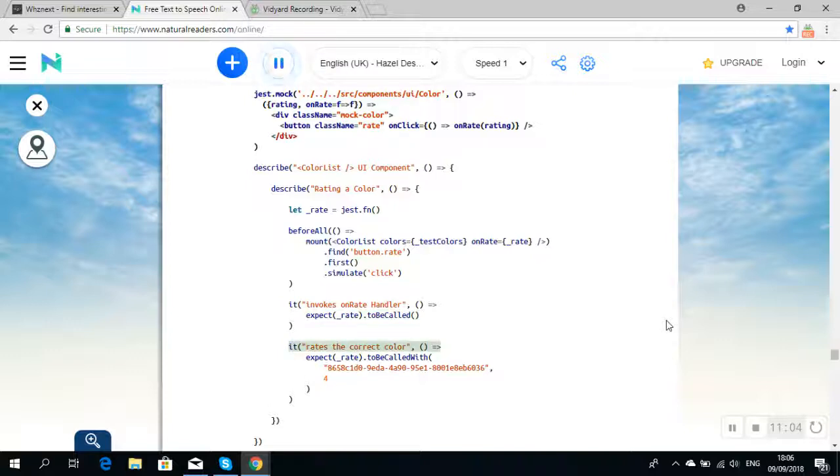It rates the correct color: expect(rate).toBeCalledWith(